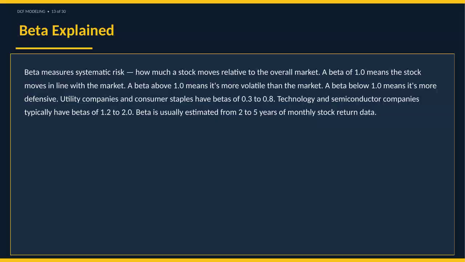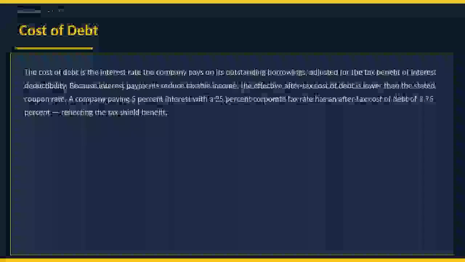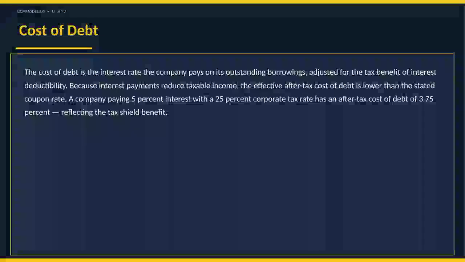A beta above 1.0 means it is more volatile than the market. A beta below 1.0 means it is more defensive. Utility companies and consumer staples have betas of 0.3 to 0.8. Technology and semiconductor companies typically have betas of 1.2 to 2.0. The cost of debt is the interest rate the company pays on its outstanding borrowings, adjusted for the tax benefit